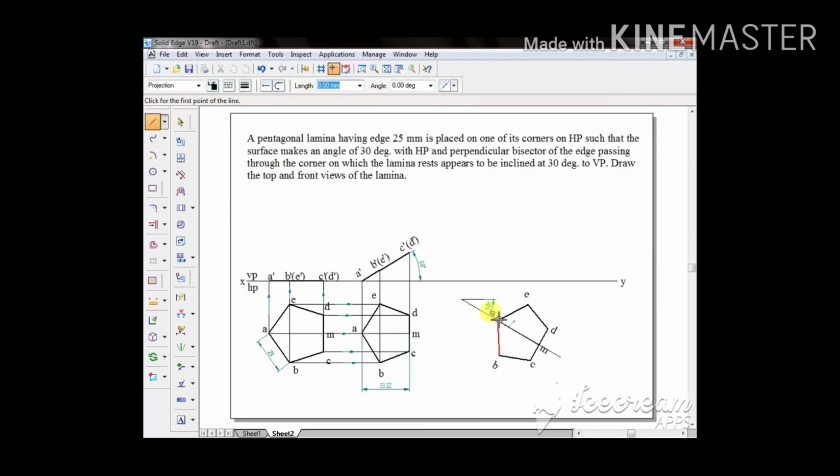So project all the points here. Sometimes you may not get 90 degrees, so you have to change it to 90 degrees here. It should be 90 degrees. Next we'll go from B to B dash here. You may not get exactly a straight line here. So B to B, it should be a straight line.